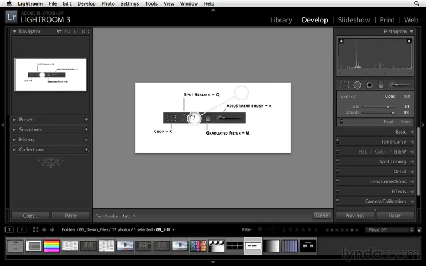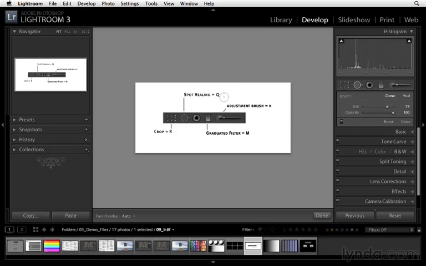Now this isn't a good enhancement in this particular case, but you can imagine, let's say that the K was something that was a little bit distracting. I could then go ahead and modify this a little bit, and I could retouch that little K out of the picture. Now what I'm going to do here is reset this to remove that altogether,